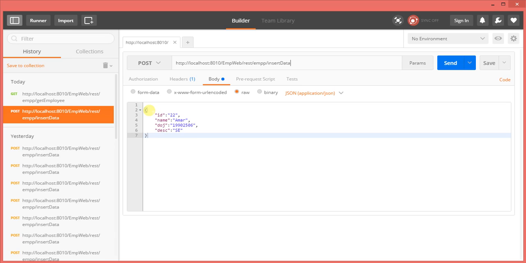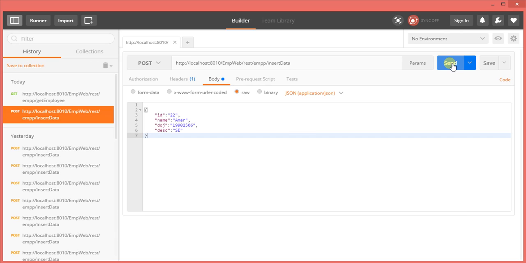So I have the data in JSON format, and this is the send button. As soon as you click it, it will go to your service and manipulate the data there. If the request type is POST, it creates the data in the database and fetches the same data. For example, I'm returning the same data. We'll click this and see what response we are getting and in which format.